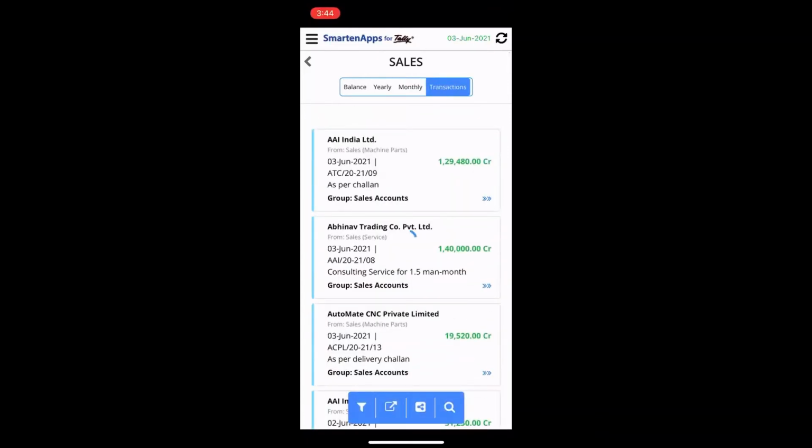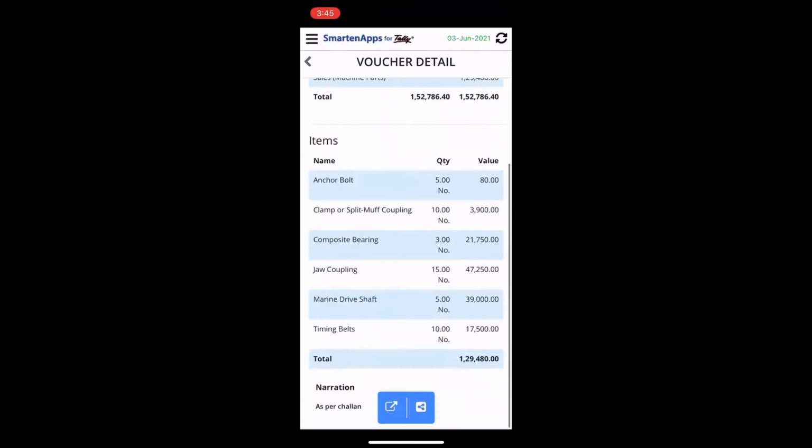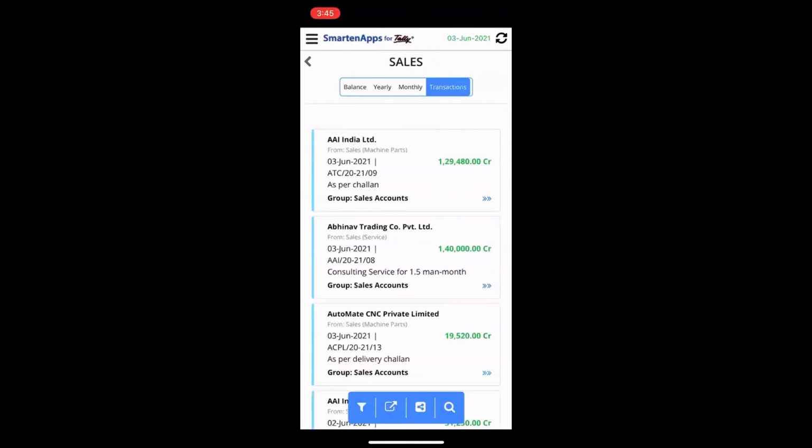If you want to look at a particular transaction, you can click on that and you get the details, including the item level details of the transaction. You can share it from here, or export it in PDF or Excel, or share it via your WhatsApp or email or whatever options you may have.